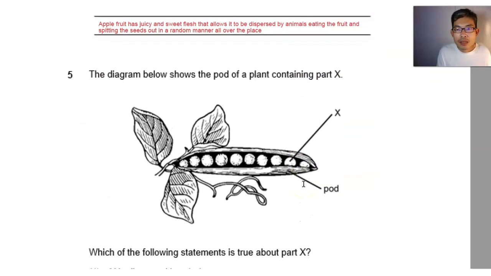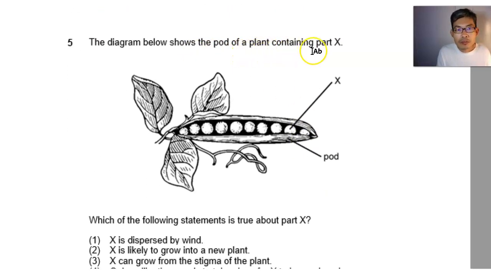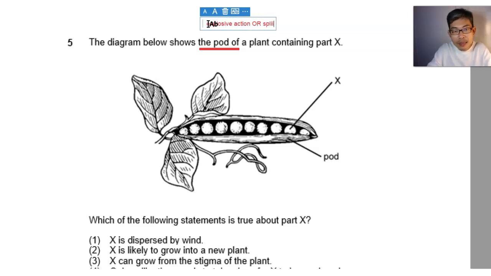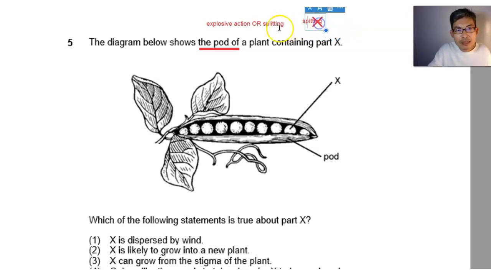The diagram shows the pod of a plant containing part X. When you see the word pod, okay, it's important. It tells you straight away it is usually by explosive action, or you can say it's by splitting. Now, a common misspelling here will be to spell it as spitting. Spitting is like you spit something out. So it's not about spitting here, okay? It's splitting. So choose either one of these phrases or words to talk about the dispersal method for seeds